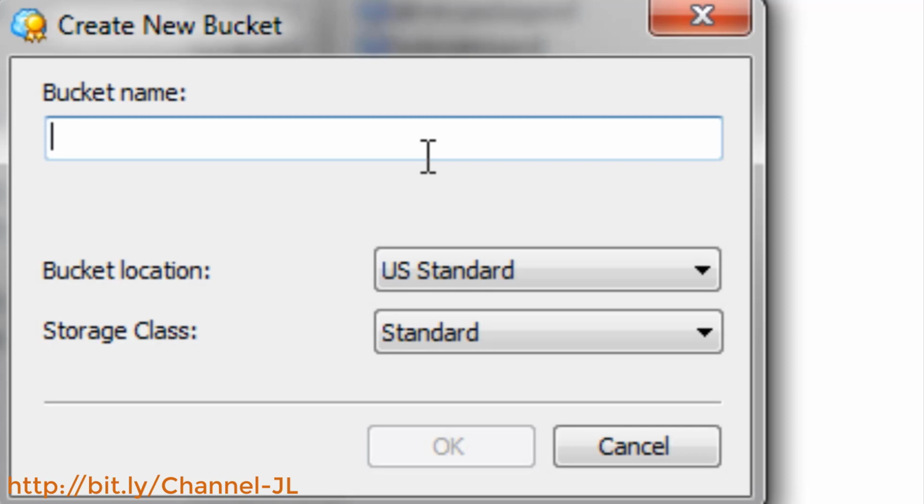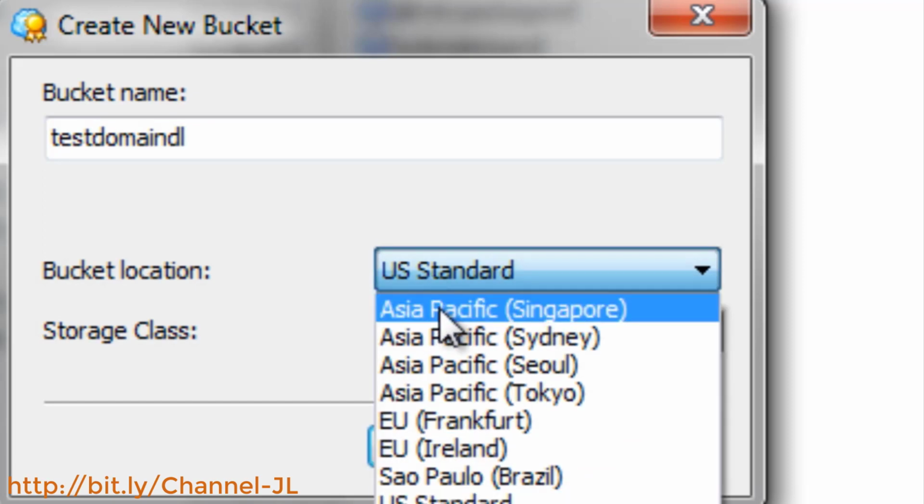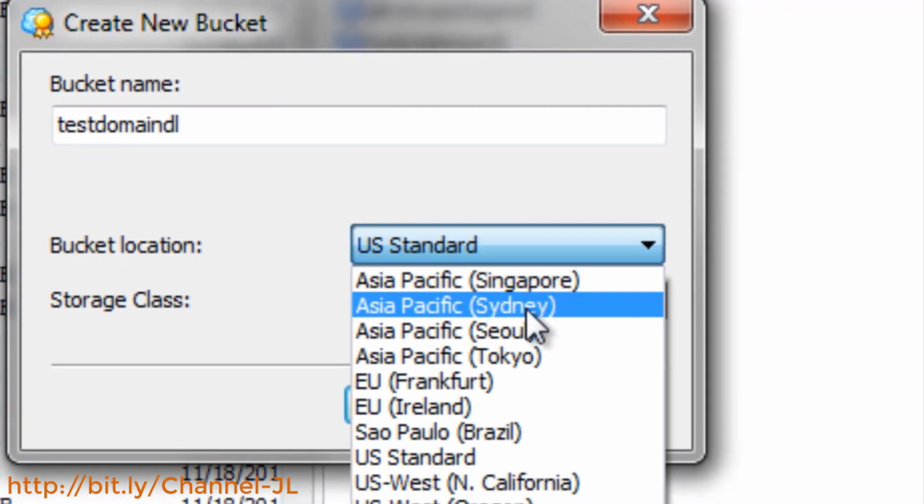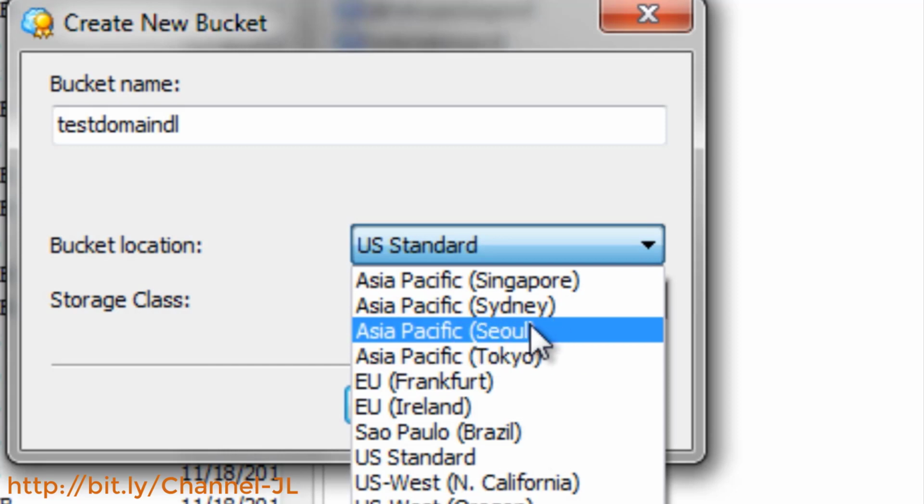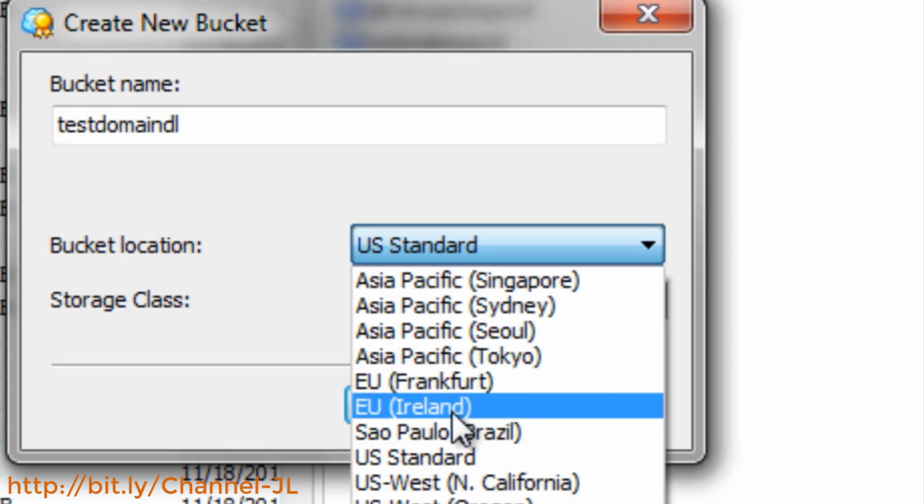Keep in mind that you want to name it using a naming convention so that you know what that bucket is. The next thing is it's going to ask you for your bucket location, meaning are you going to upload the files to a server within a certain region, like Singapore, Sydney, Australia, Tokyo, Seoul, Korea, Europe, or